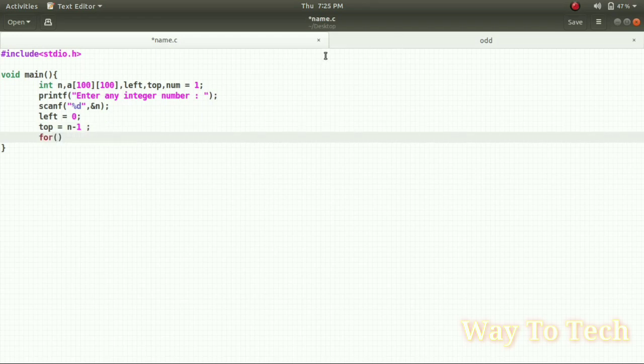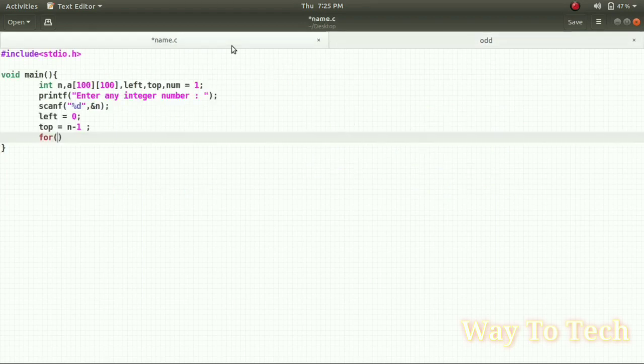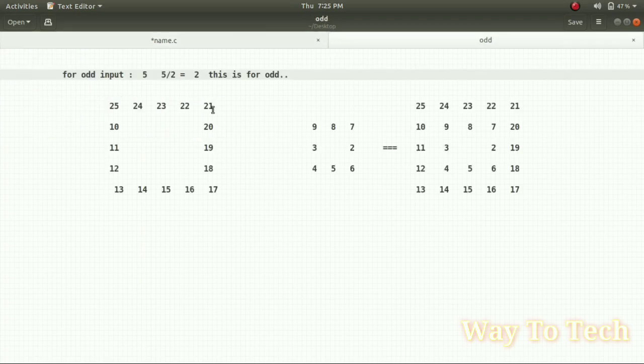And now I am writing a for loop for the number of boxes. Here you are seeing the number of boxes required is input n by 2. int i equal to 1, i less than or equal to n by 2, the number of boxes, it goes on, and i plus plus, after one box it goes to another box like that. And I am writing left plus plus, top minus minus. I will explain about this later. Just write it,